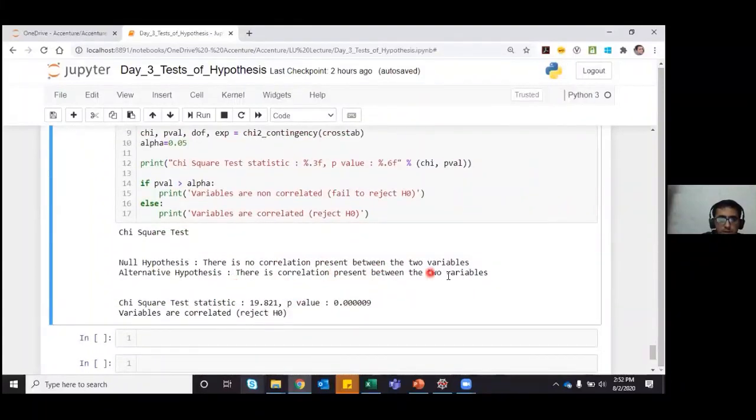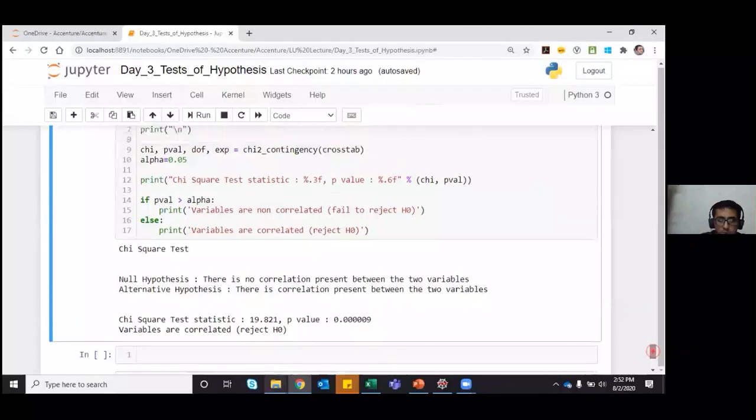If I run this command, the null hypothesis says there is no correlation present between the two variables, and the alternate hypothesis says there is correlation. Now, as you can see, my p-value is less than 0.05 and my chi-square statistic comes out to be 90. That is why I conclude that variables are correlated, or I reject the null hypothesis that variables are non-correlated.